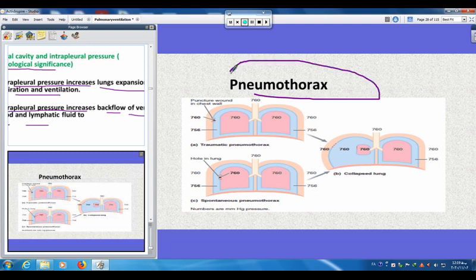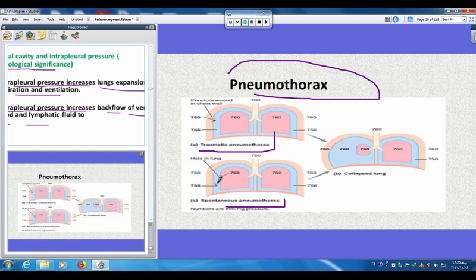Pneumothorax. What is a pneumothorax? The numbers are in millimeters of mercury. After a puncture wound in the chest wall, air can enter the pleural space. This is caused by traumatic pneumothorax. Another is spontaneous pneumothorax, where a hole in the lungs causes air to enter